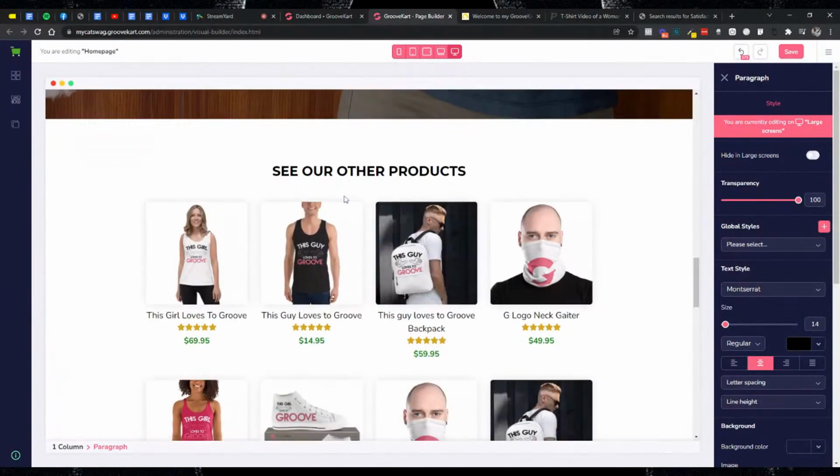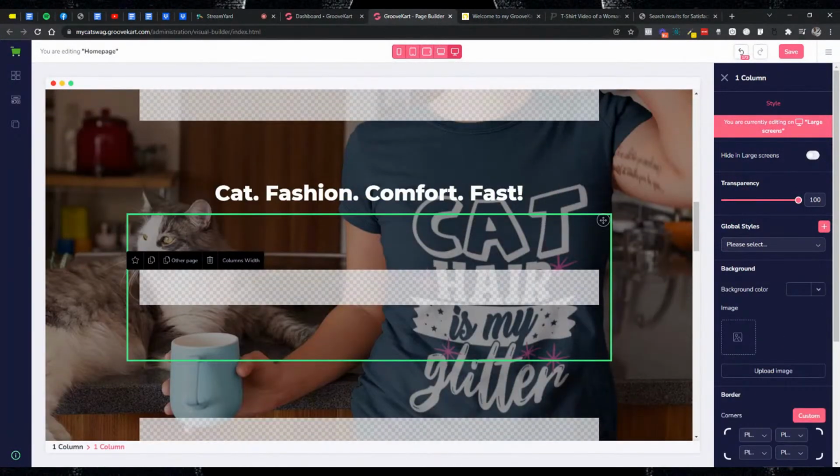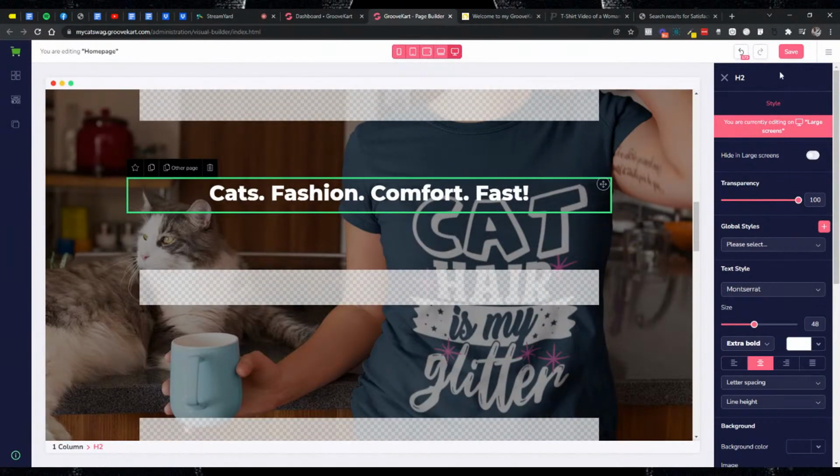I just thought of that right now, earlier when John was talking. Cats, fashion, comfort, fast. So it's just kind of like boom, boom, boom, boom, boom, right? So the one in the yellow section,